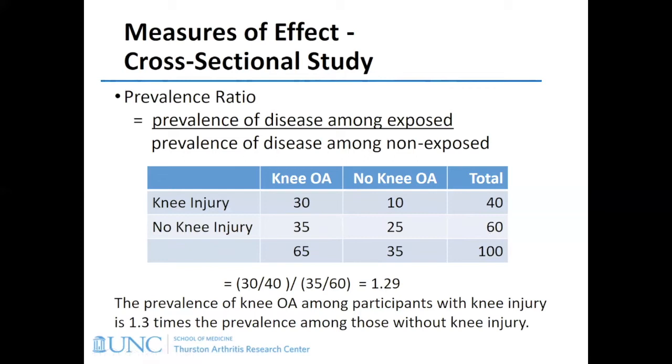Sorry, yeah, that's right. And so what we would calculate here is the prevalence in the exposed versus the prevalence in the non-exposed, and then we would have a prevalence ratio of 1.29. And I will share a copy of all these slides with you so you can see some of how we write about this. This gives some examples, like if you were writing your paper, an abstract of how you might interpret that ratio. So we would say the prevalence of knee osteoarthritis among participants with knee injury is 1.3 times the prevalence among those without knee